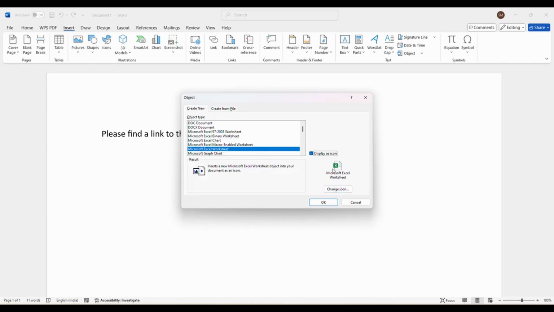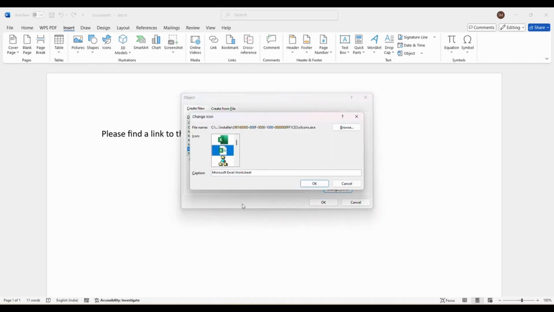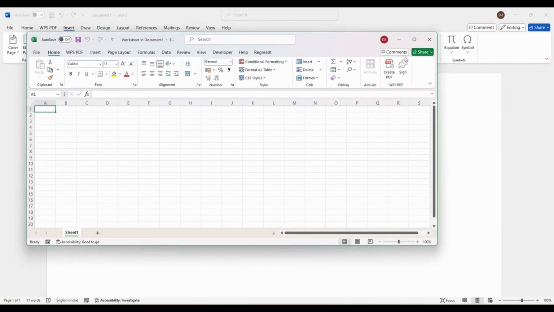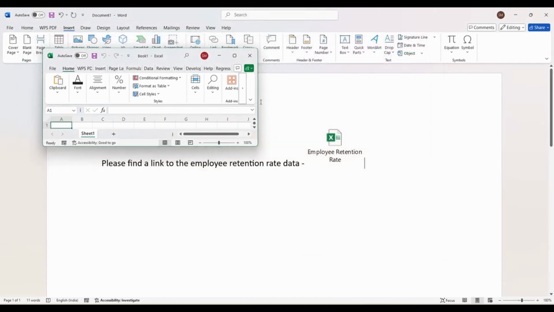So I tick this. Now I also want to rename this file because it doesn't make any sense. So I can click on change icon, and here it allows me to change the name of this. Now I can change it to employee retention rate, and I click on OK. Now what happens is it is going to open up a separate Excel workbook, but this has been inserted as